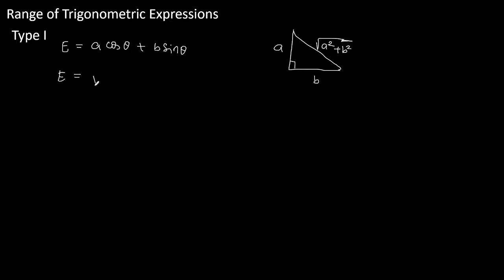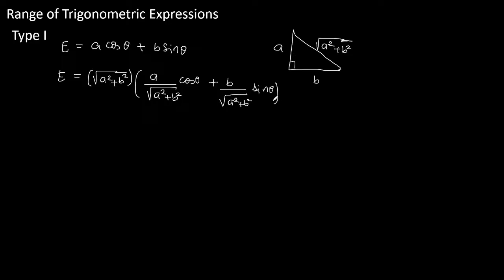तो अगर हम डिवाइड और मल्टीप्लाई बाय रूट अंडर ए स्क्वायर प्लस बी स्क्वायर करें, तो ये होता है ए रूट अंडर ए स्क्वायर प्लस बी स्क्वायर कॉस थीटा प्लस बी बाय रूट अंडर ए स्क्वायर प्लस बी स्क्वायर साइन थीटा।